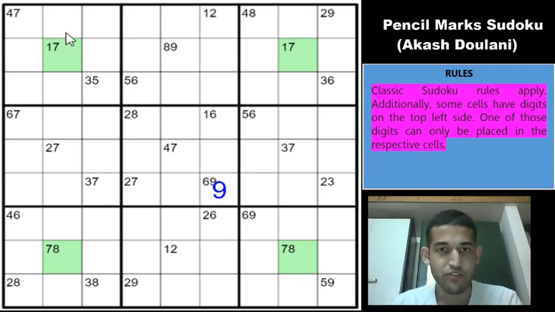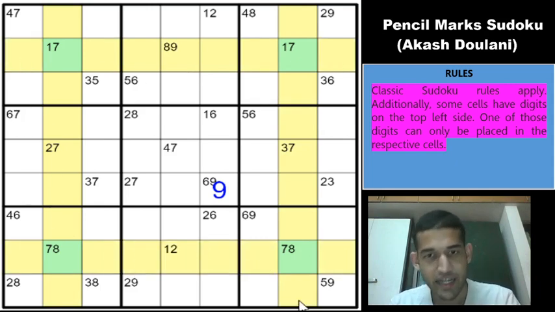So which means that if you have a 7 here, you will have the 7 in row 8 here, and if you have a 7 here, for row 8 you will have the 7 here. So which means that you can eliminate 7 from all of these cells. So this is called an X-wing. The author has very specifically included this X-wing to continue the solve, I think. So all of the cells highlighted in yellow cannot contain a 7, right?